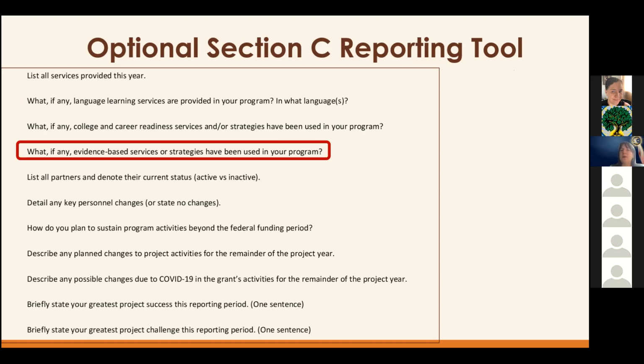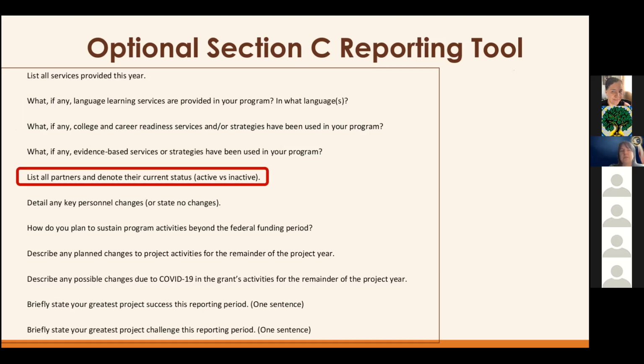We want to know about the evidence base for any of the services or strategies used by your program. So in this section, we're asking you to name that strategy or service and then provide that research citation or reference. And some of what I'm sharing is also included in that tip sheet or that overall checklist, which is another tool that we've provided for you to support your reporting.